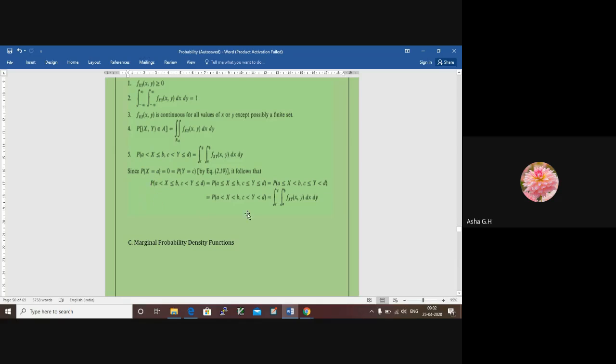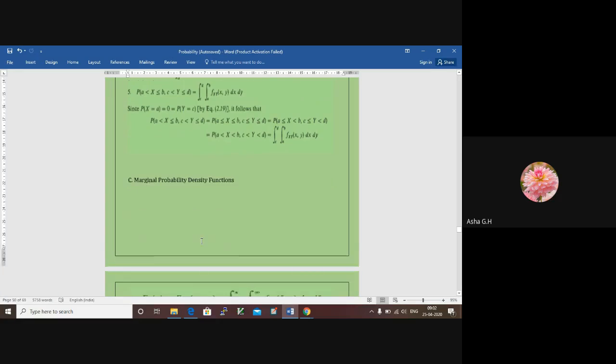Because if you remember, all these equations have the same meaning. Less than or equal to or less than has the same meaning here, because the probability that x is equal to A is 0 in case of a continuous random variable. Okay, so this is a range here. When we want to find out the probability given a range, then we integrate it. That is what we already know. Okay, this is the same equation again.